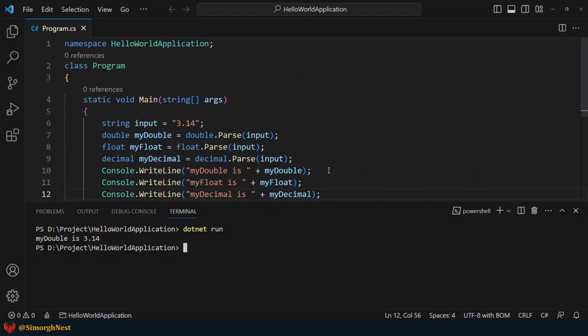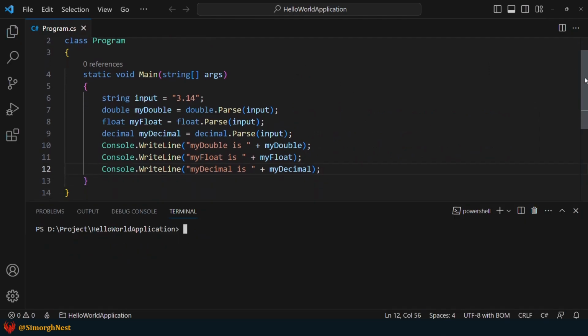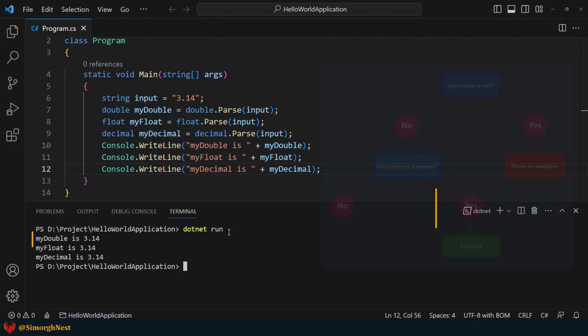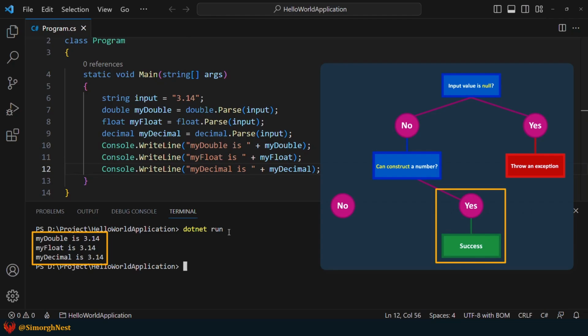Save the file and let's give it a try. As you can see, all the conversion operations have been performed successfully.